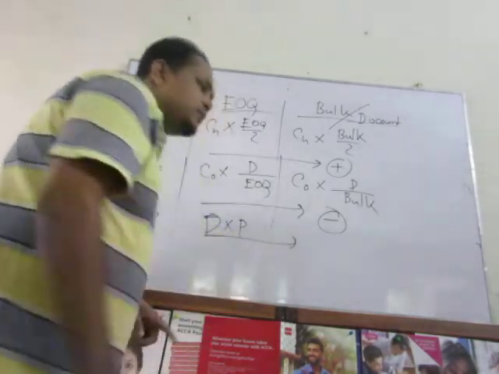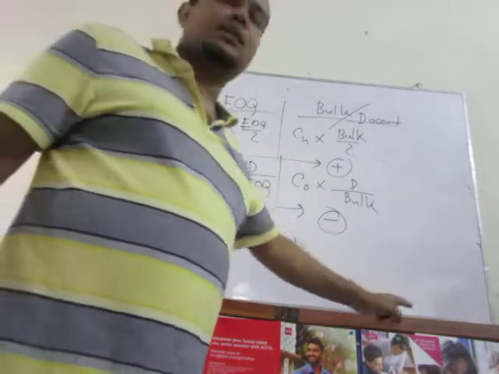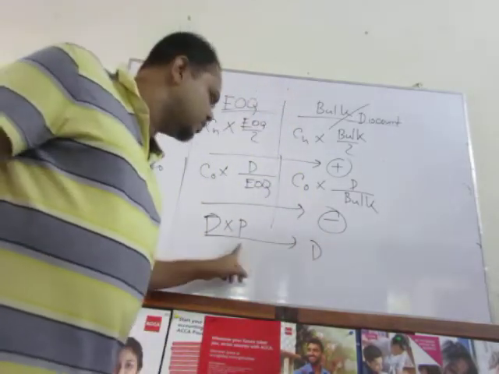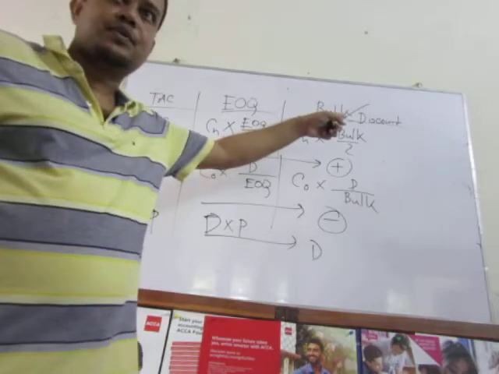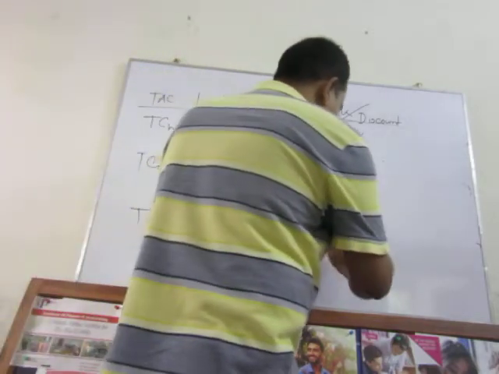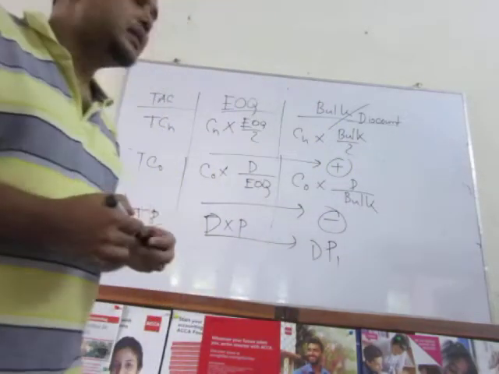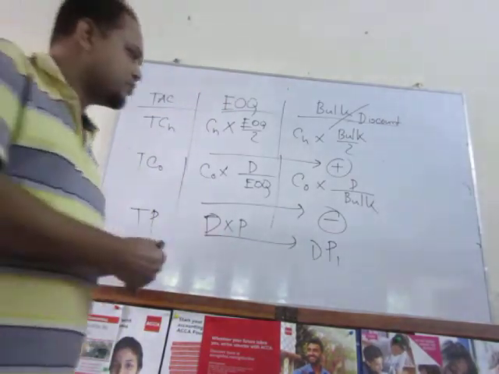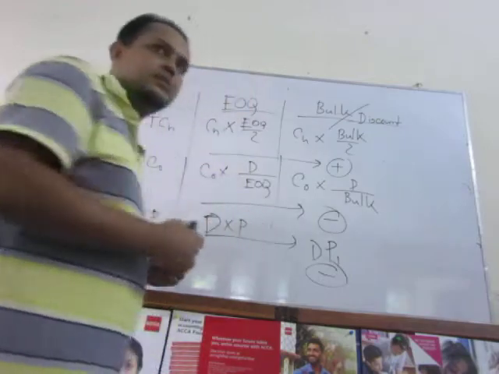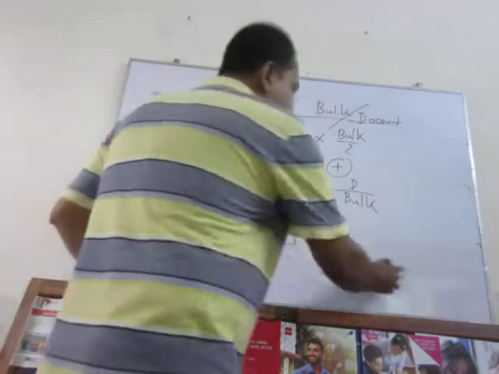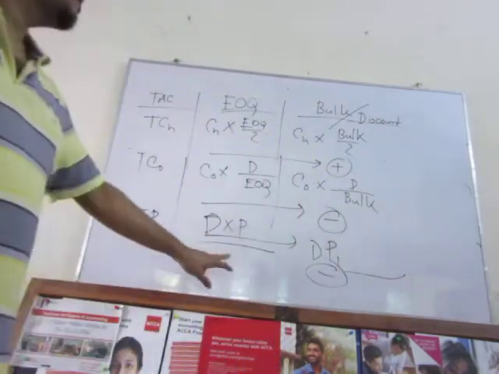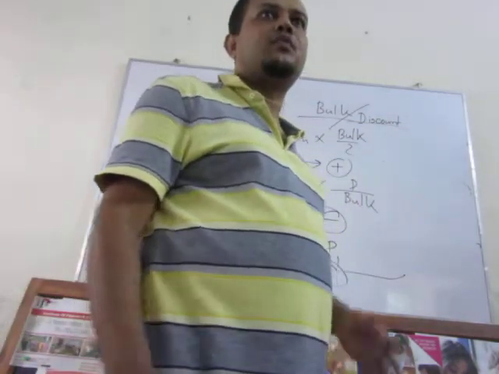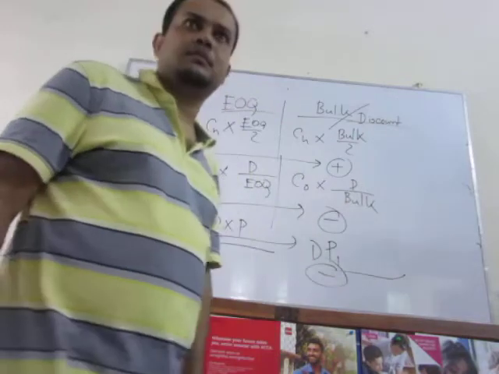But here, when you are going to bulk inventory, your demand is fixed. But the price is lower than this because there is a discount option. So suppose the discount price per unit is P1, which is obviously lower than P. So obviously it will be lower than this one. Then when you add these three components, it will provide you the TSC for EOQ and also the TSC for bulk. Whichever is lower, you can go for that.